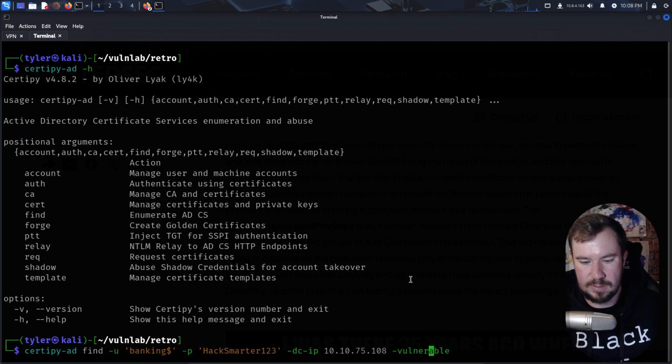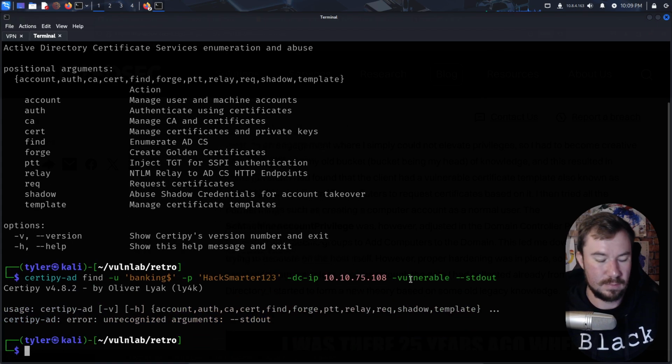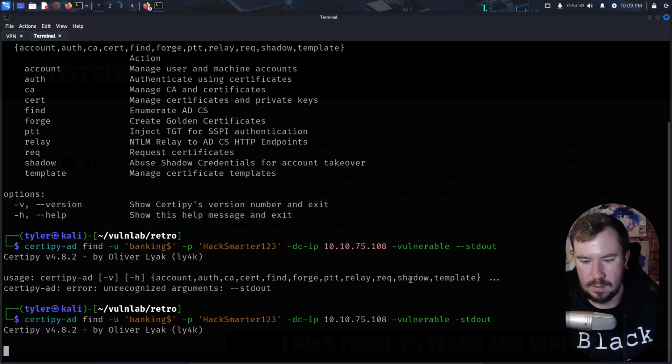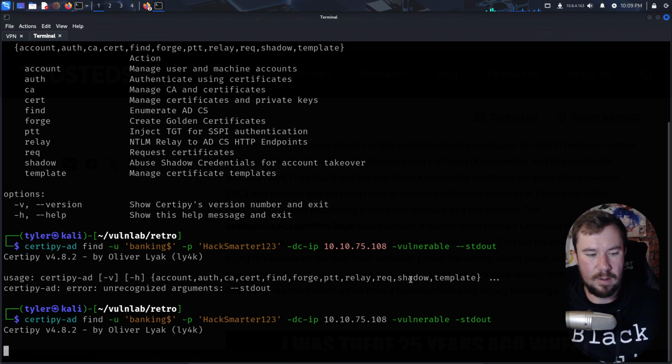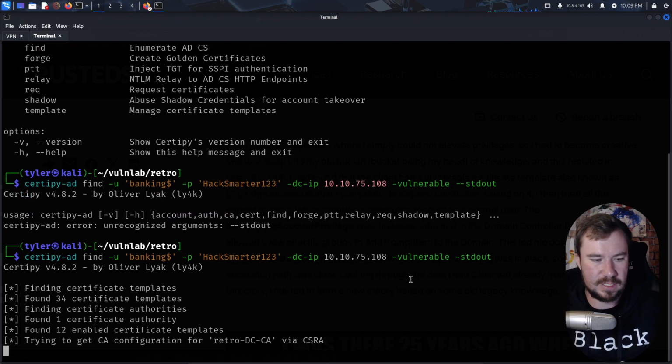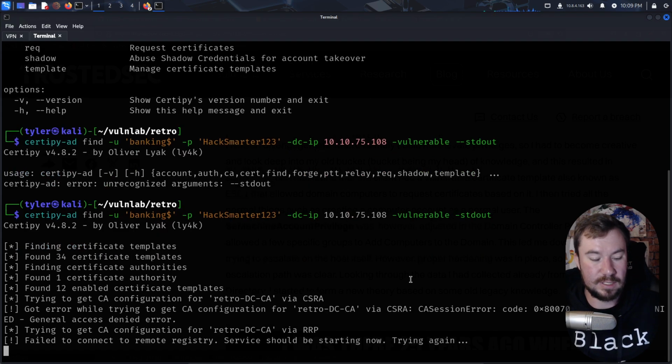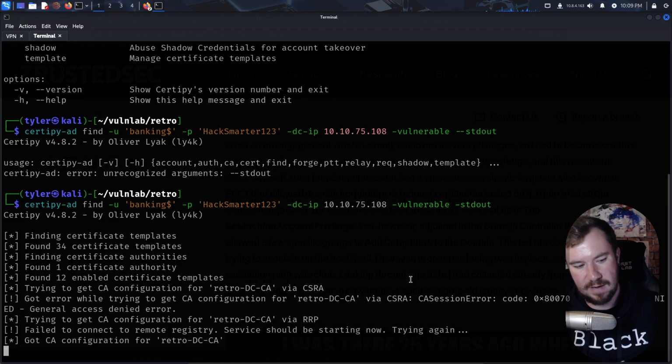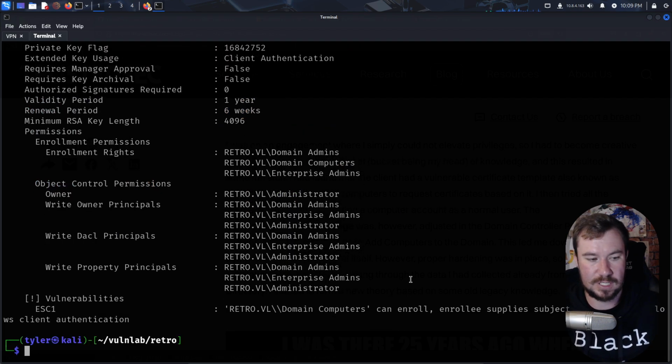And then vulnerable means we only want to see vulnerable ones. I think I can also do stdout. Is it just one? There we go. It will just print the output to our screen rather than saving it as files. Now it's enumerating all the different certificate authorities and certificate templates, seeing if it can find any vulnerable ADCS stuff